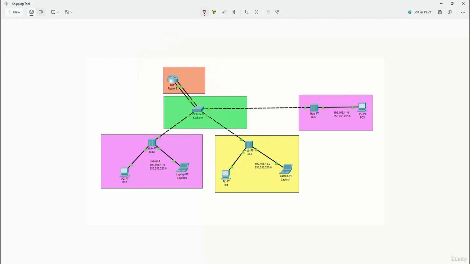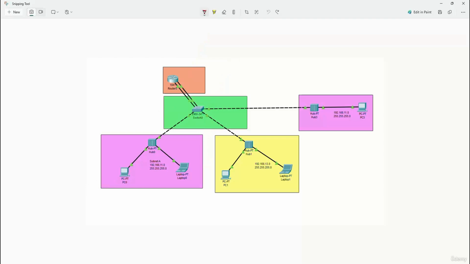We should know how to verify configuration on switches, the MAC address table, and on the router the routing table, and the ARP cache on end devices, and IP configuration, and we should know how to configure the access ports and how to configure VLAN on this switch,